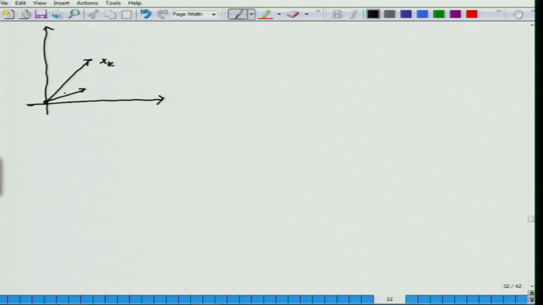So I want to move from xk in this direction, so I move a distance, I come to a point xk plus alpha k dk, and what I want to have is that at that point f of xk plus alpha k dk, where dk is a descent direction chosen for xk to move from xk, this one must be strictly less than